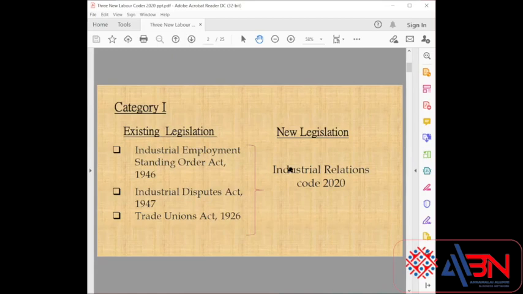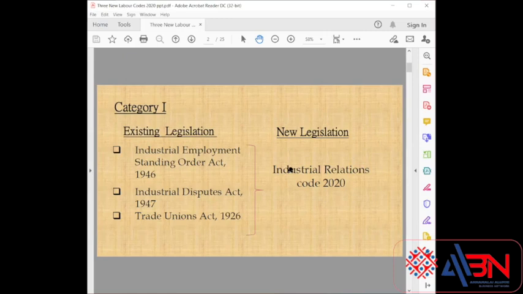Okay, there it is. So the first category would be the Industrial Relations Code. This has subsumed 3 existing legislations, including the Industrial Employment Standing Orders Act 1946. So you can see that we had legislations which were nearly 100 years old, and now they've all been amalgamated together, and we just have 4 codes that will basically define the entire